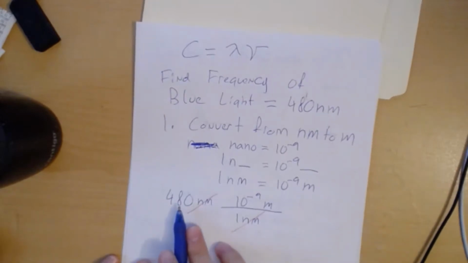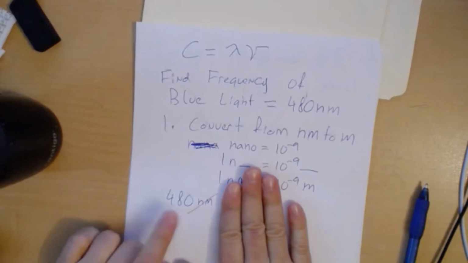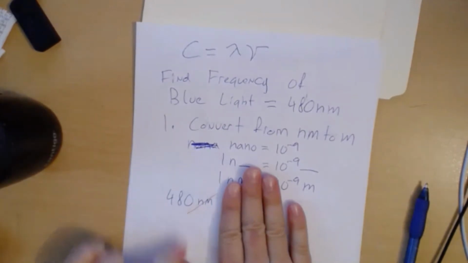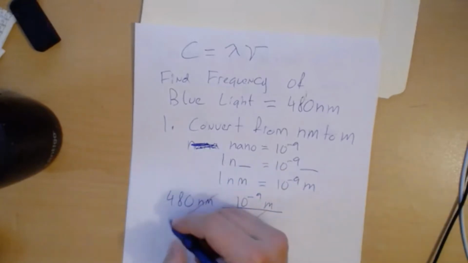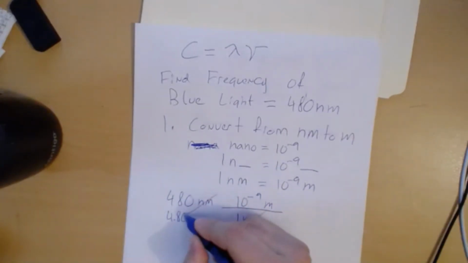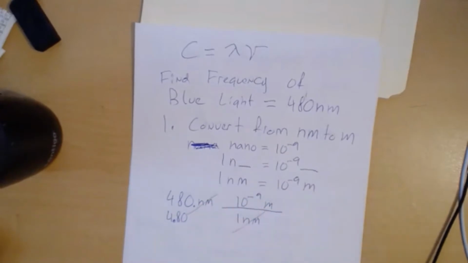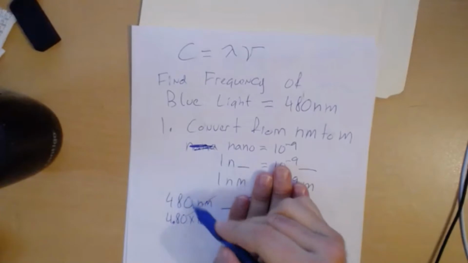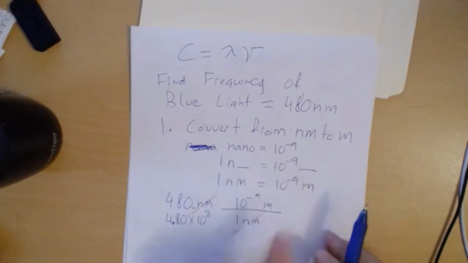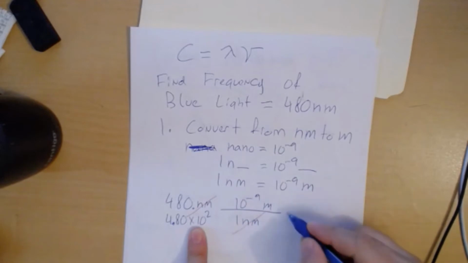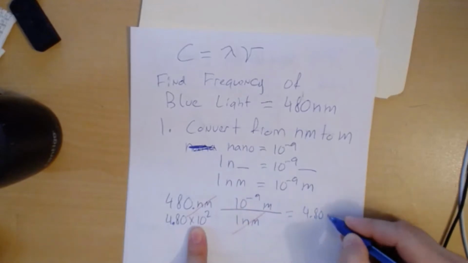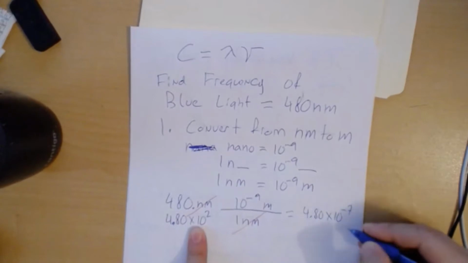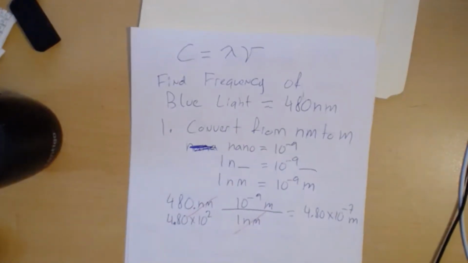Technically, I could probably do this one in my head. If I ignored this, can I turn 480 into scientific notation? What is that in scientific? Yeah, it'd be 4.8. Let's make it 3 sig figs. 4.80. Let me put a little dot there. 4.80 times 10 to the minus 7. Well, okay. You already did it. Yeah. So the 480 would be 4.80 times 10 to the 2 times 10 to the minus 9 equals 4.80 times 10 to the minus 7. Good. So you don't need a calculator for that one, do you? Perfect. No. All right. So the next step would be then